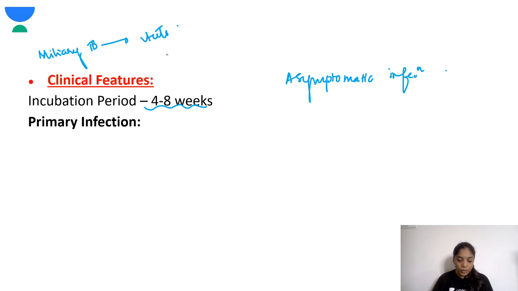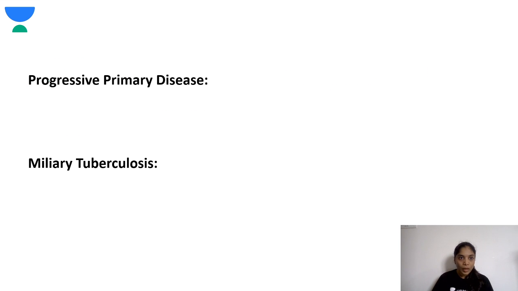Okay, so now coming to the progressive primary disease. How will the progressive primary disease present? A progressive primary disease is because of the progression of the primary disease. So the child will have a primary disease. It may be symptomatic or asymptomatic. But how does a progressive primary disease happen? So here what happens, a child will have high grade fever